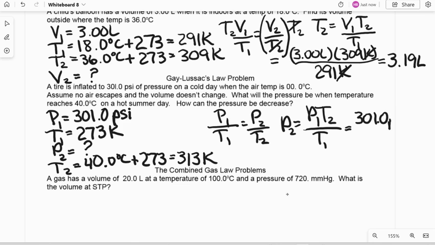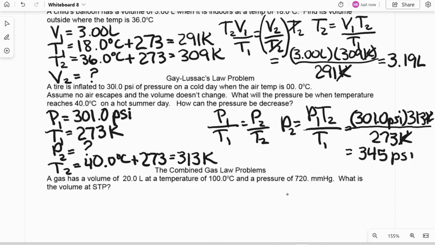301.0 PSI times 313 K over 273 K. My K's cancel. I'm going to get left with units of PSI, which is fine. That's what the problem gave us. And I'll get an answer of 345 to 3 sig figs